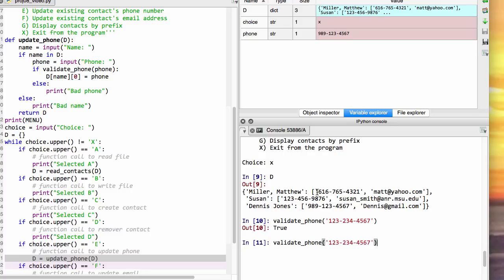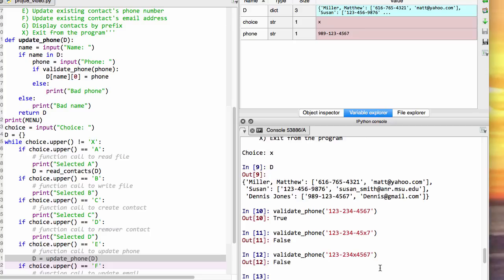If I had something that's not a digit in there, it should tell me it's false. If I have a number, but maybe one of the hyphens is wrong, I'll put an X in there. Again, it should tell me it's false. So there you go. There's a little bit to get you started with